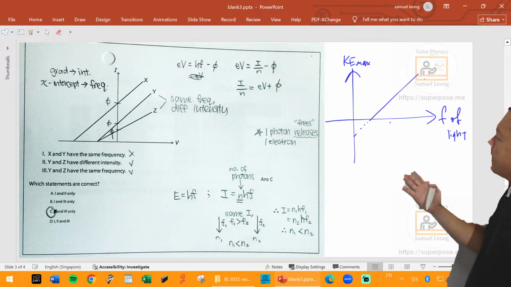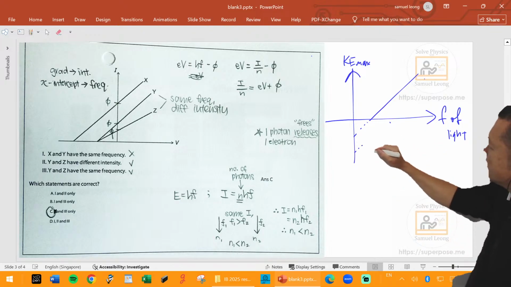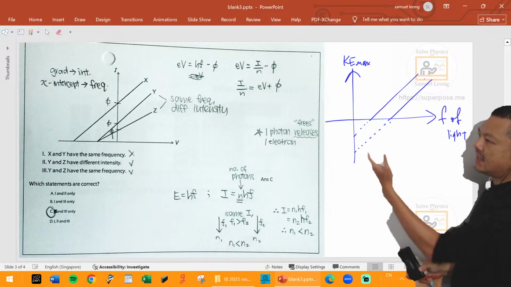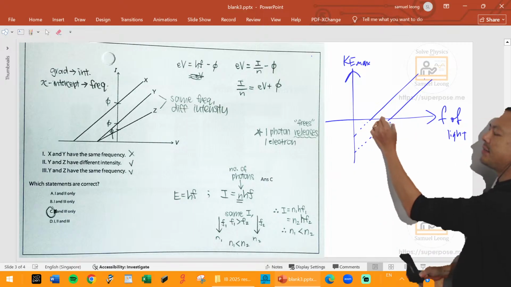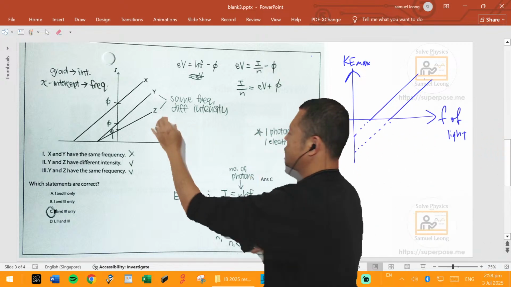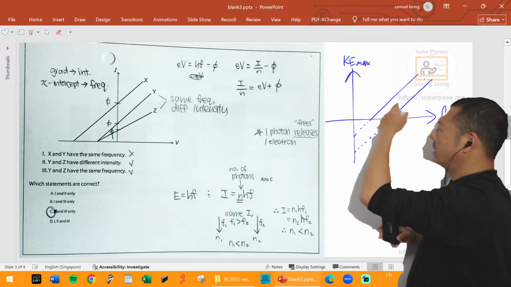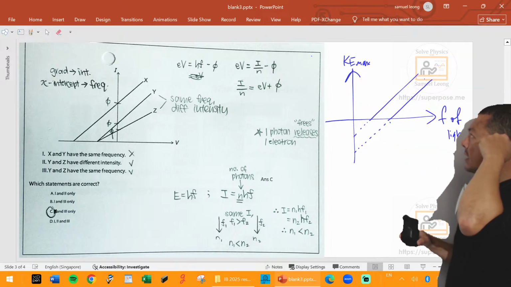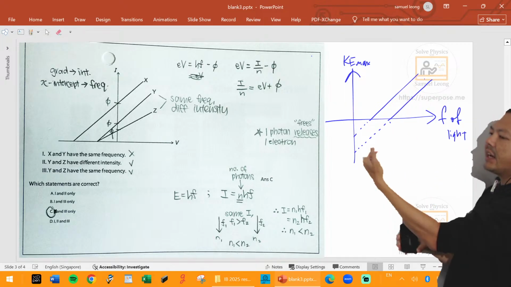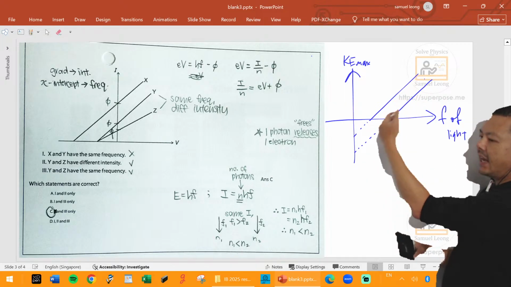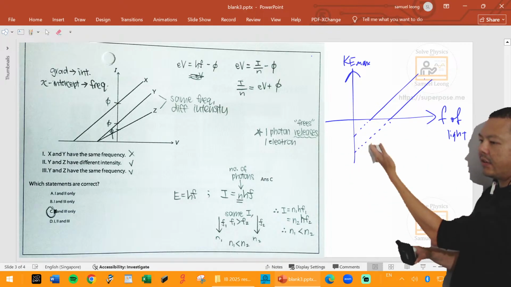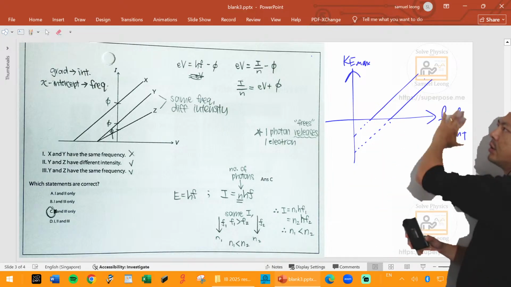What happens if I give you another metal? It has to be parallel. So I suspect whoever set this question thought that the graphs were the same and thought, oh, I can test the students about these two parallel lines. I'll put these two parallel lines here, and then give them a third line and ask them about it. But the thing is that the gradient of this graph can never change, because the gradient of this graph is h, Planck's constant, which is supposed to be a constant, so no other graph will ever have another gradient. Correct? Okay, so that's that.